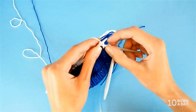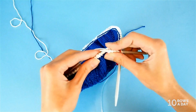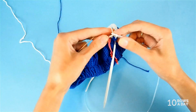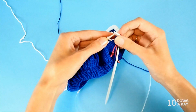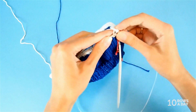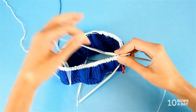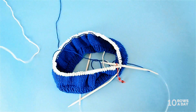And then we work the rest of the stitches to the end of the round with the contrasting color yarn to finish the second round of the stripe. When we finish the second round worked with the contrasting color, slip the stitch marker from the left needle to the right needle and then knit one more stitch for the same reason, to make sure there is no jog between the colors. And now we can confidently cut the yarn in the contrasting color, leaving a small tail,